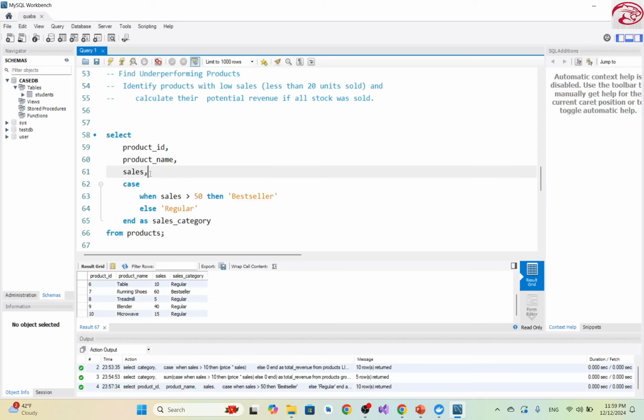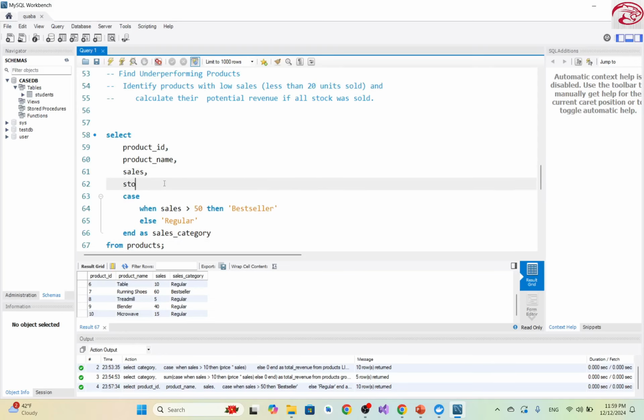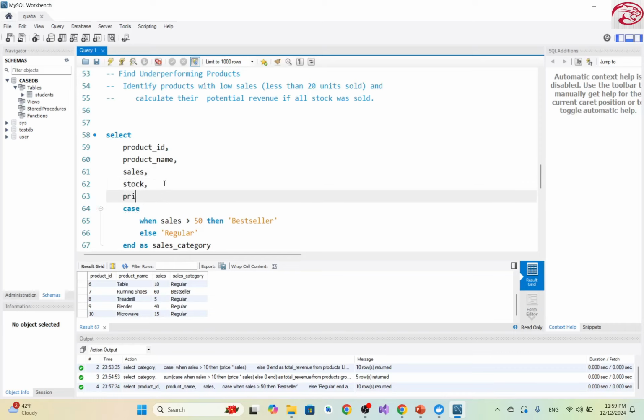Let's select product sales. Let's select stock also. Let's select price. Case product less than 20 sales. So when sales is less than 20, then we are going to calculate their potential revenue if they were sold. So here instead of bestseller, let's calculate the potential revenue. Again, we can use the sales